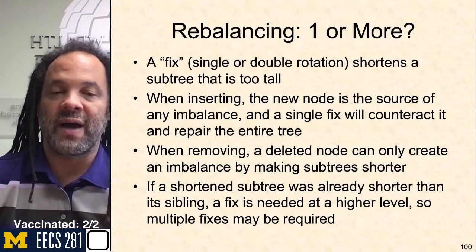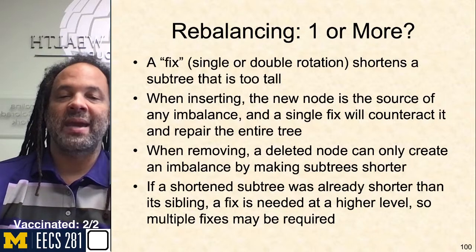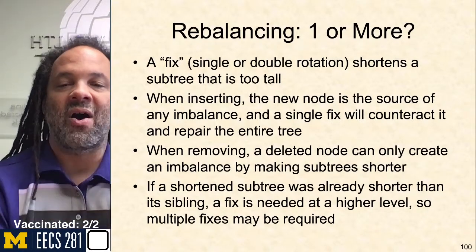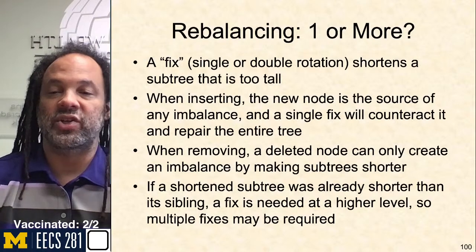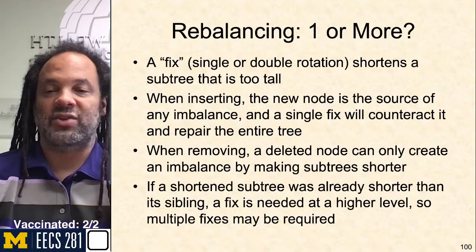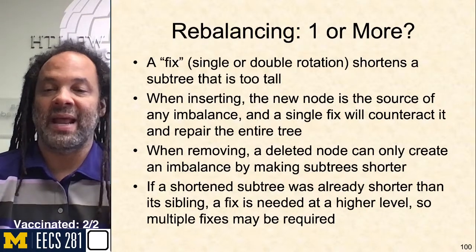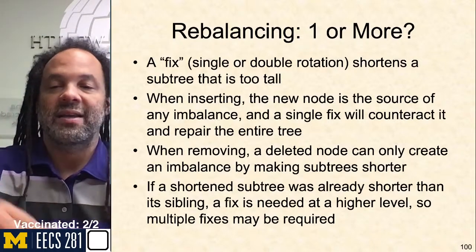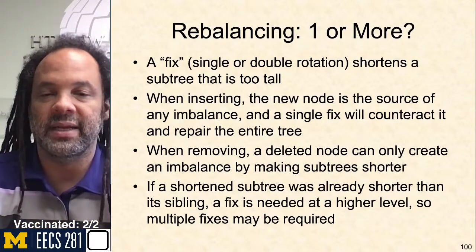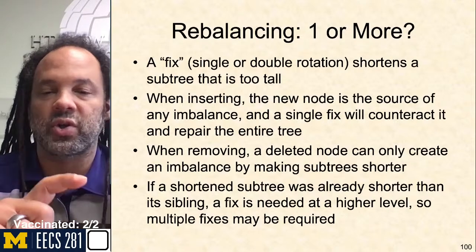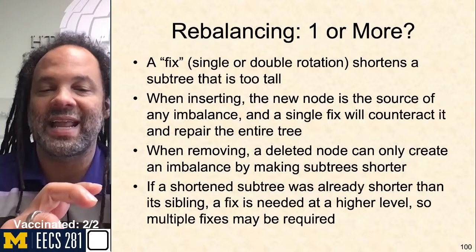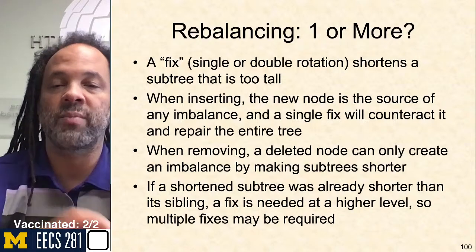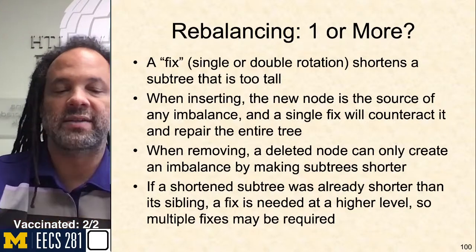When I remove, however, since I can be making the tree shorter than it needed to be on one side, and all that the fix can do is shorten something, that shortening might not be enough. We might have to go up another level till we can figure out where I can rotate this back to fill in what's been deleted. So a shortened subtree is already shorter than a sibling. A fix is needed at a higher level, so multiple fixes may be required on remove. Only one fix needed on